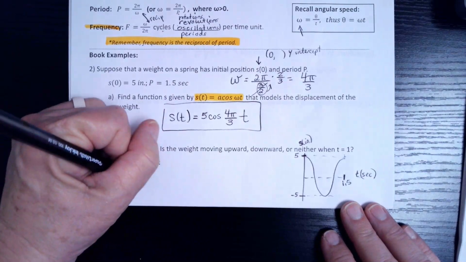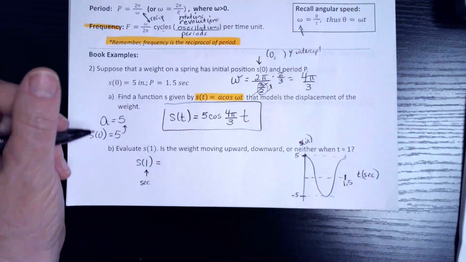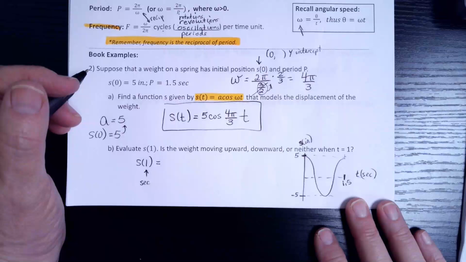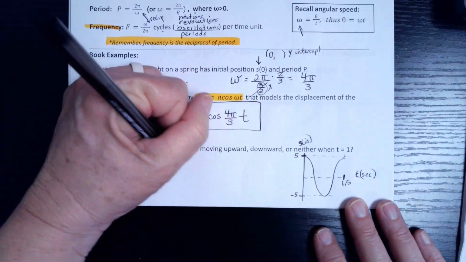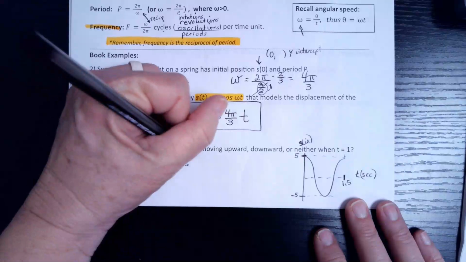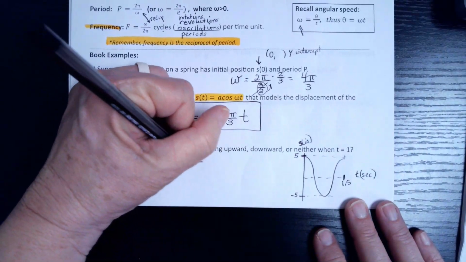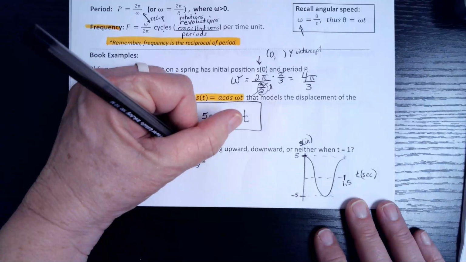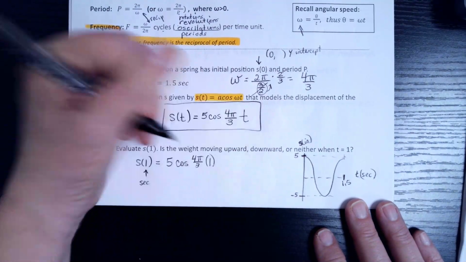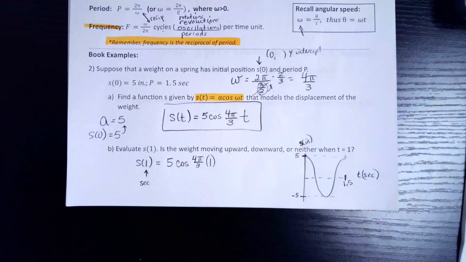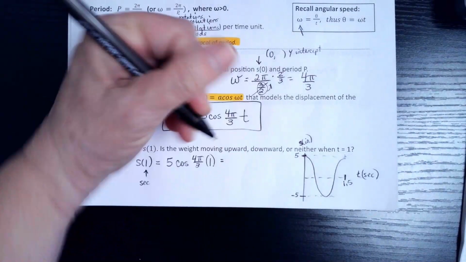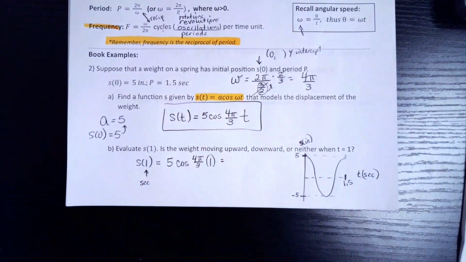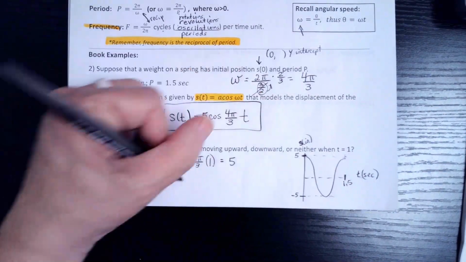So my position after 1 second is going to be 5 times the cosine of 4 pi over 3. And I might plug in a 1, but seriously, that's just for me showing I plugged a 1 in right here. Just so in case you have to plug in a 2, you could see that. Well, y'all, clean that up. What do we have? It's 5 times